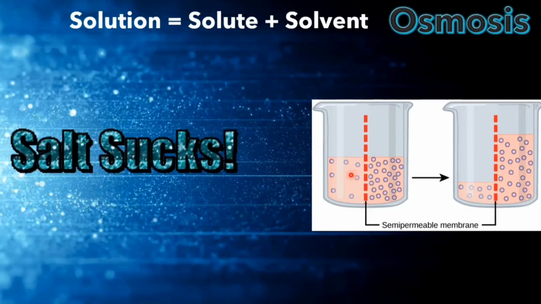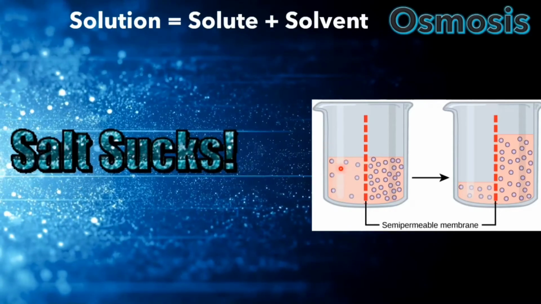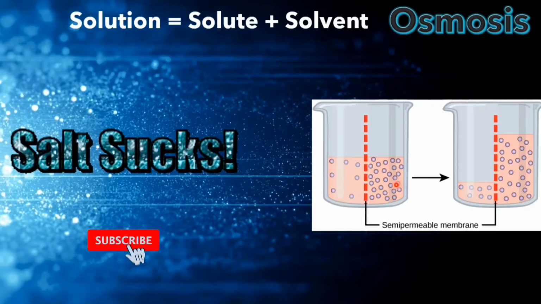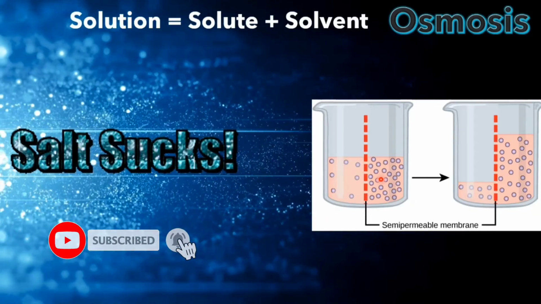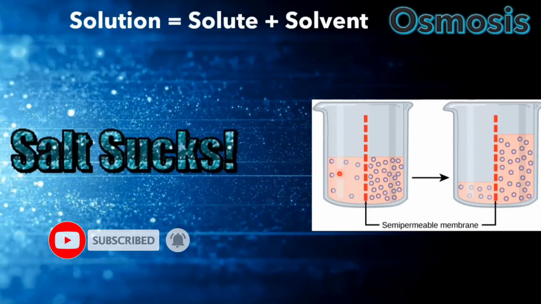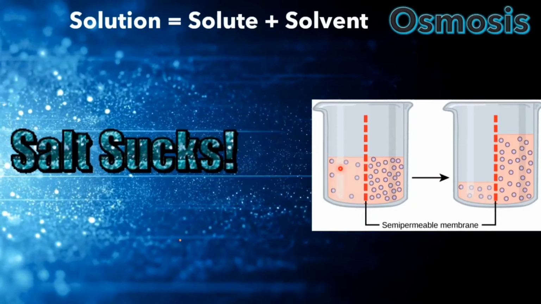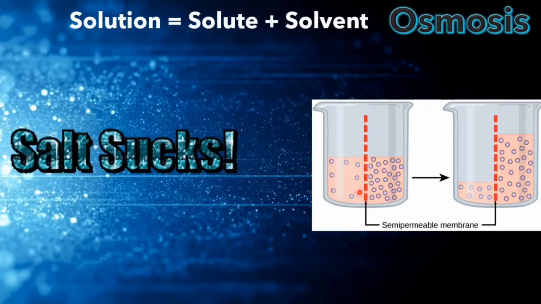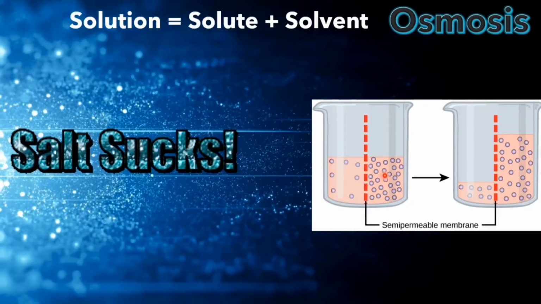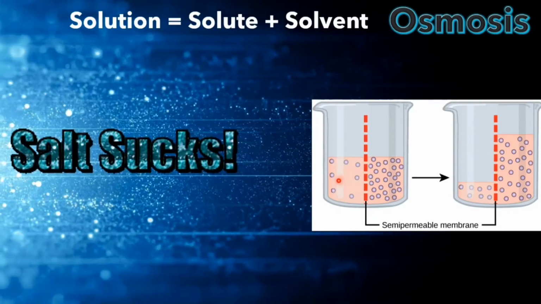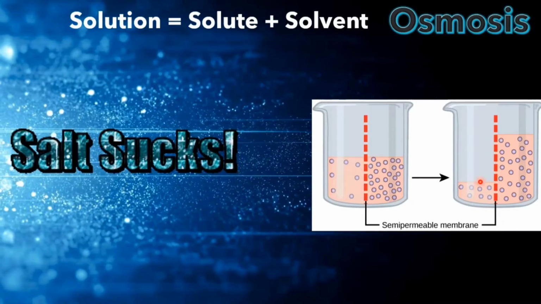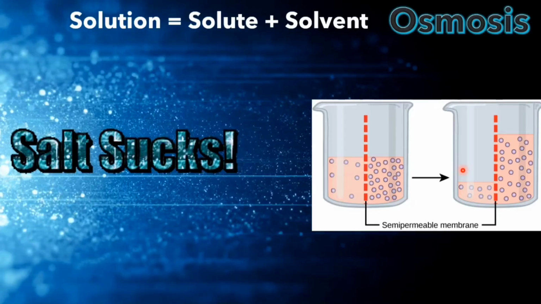Let's see an example. In this beaker, the left side has more solvent than the right side. So what is the definition for osmosis? The water molecule moves from the region of higher water potential to the region of lower water potential through the semi-permeable membrane, down the concentration gradient. So what does that mean? The water molecule moves towards the right hand side. You can see that the water has moved towards the right side, so the water is very less in the left hand side.